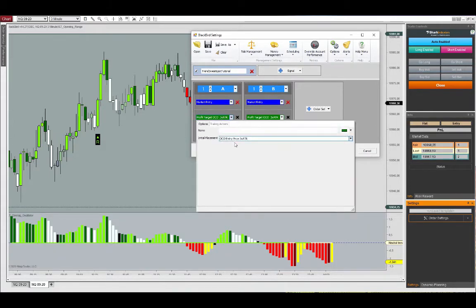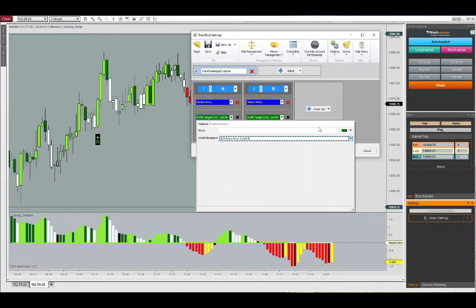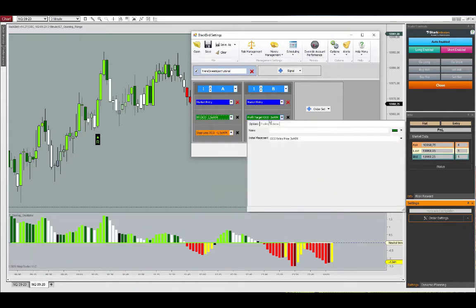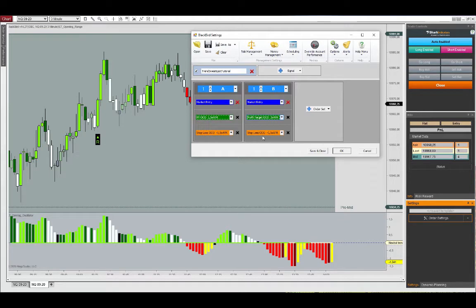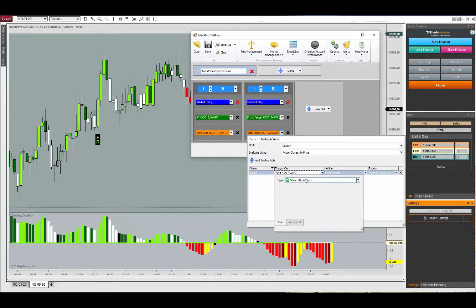For example, we can set this first target to a 1 risk reward ratio, and then you can pull in the stop for the second contract in a trailing action by simply saying here, okay, so if we have a profit target which is at